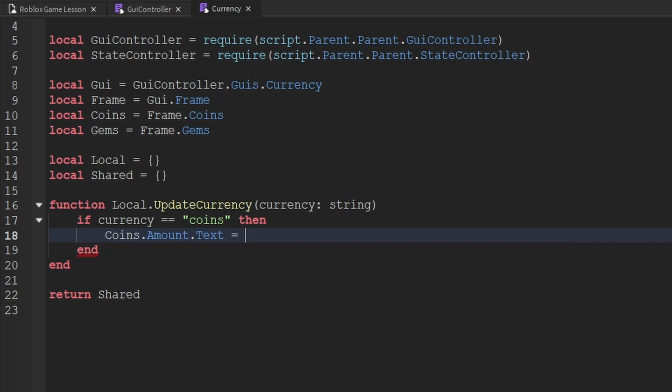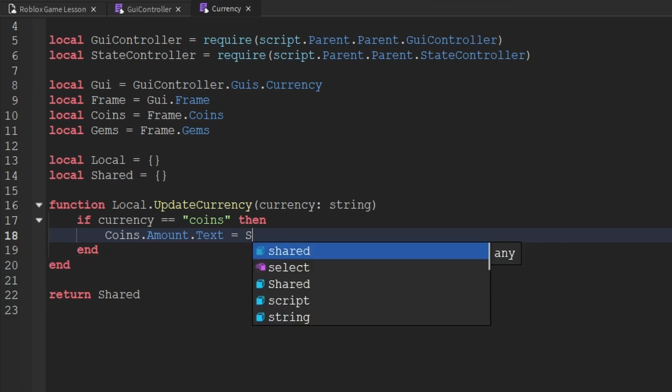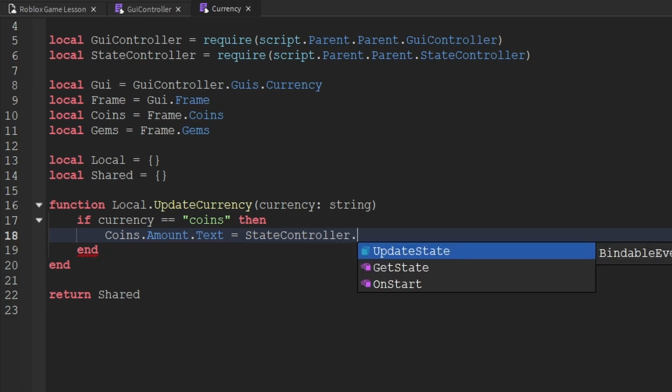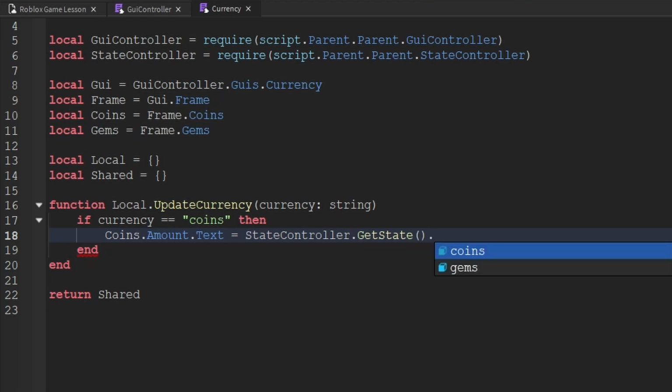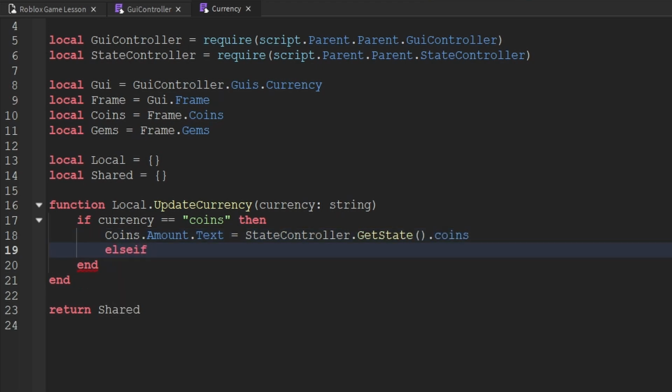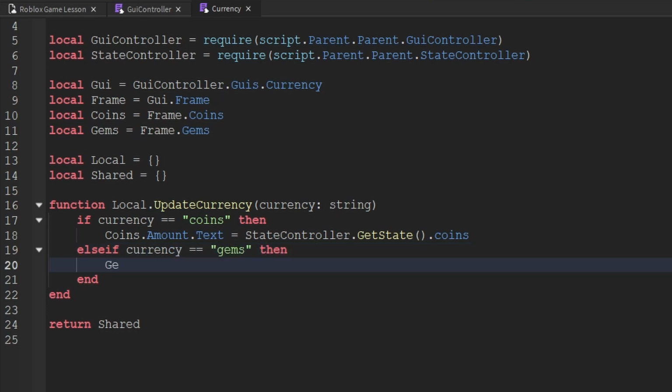And now to get that information, we can use the state controller. So we'll say state controller.get_state, and then we want to get the amount of coins that the player currently has. Then we can use an else or an else if statement here. It depends on how you set up your currency action. For example, I could see a lot of people adding additional currencies to this, so an else statement might not work here. So just to make sure that this works for everybody, I'm going to use an else if statement here. And I'm going to say if the currency equals gems, then we'll update